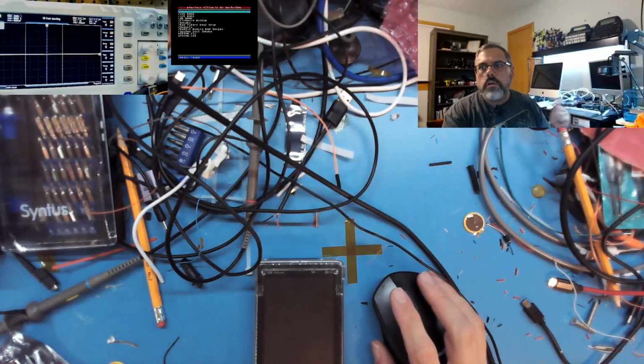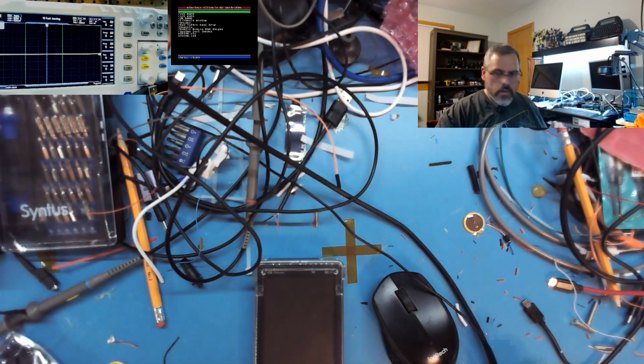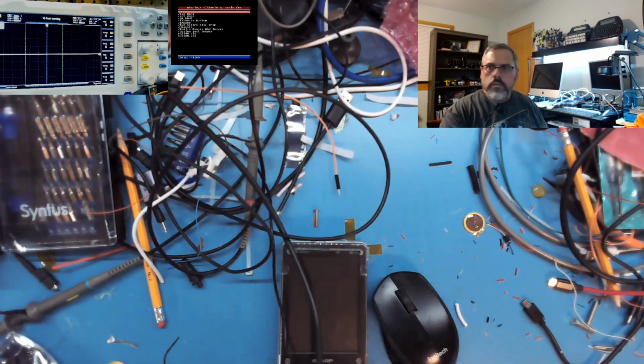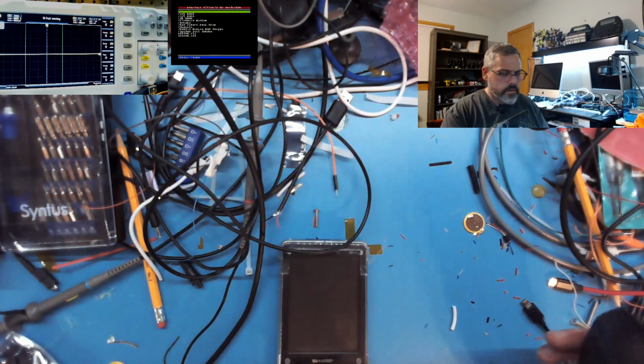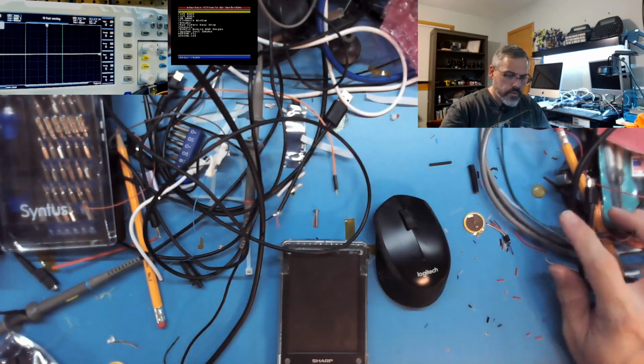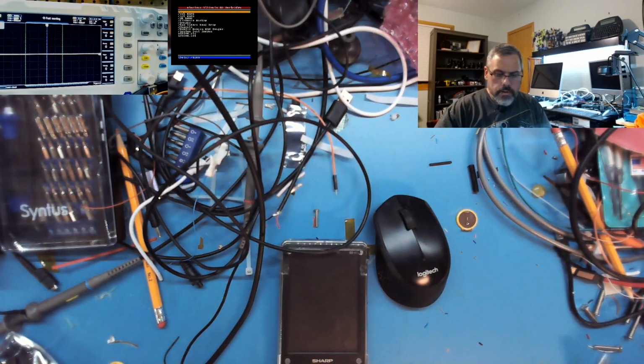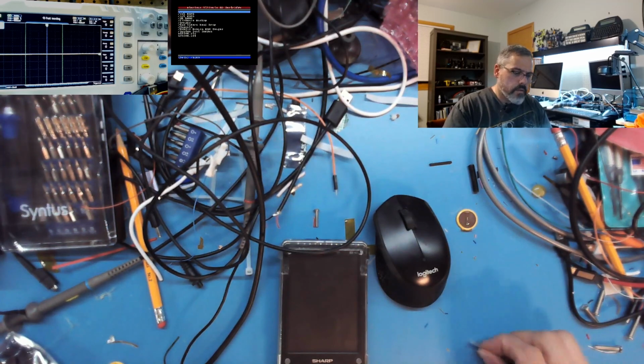Hey everyone, it's been a while since I've been on the workbench, just with the wife going through chemo and she's doing better. It's been hard to get motivated to really get back here on the workbench. I'm starting to get a backlog of a few things,